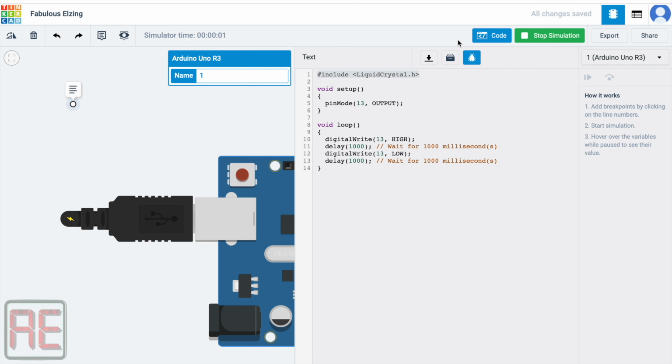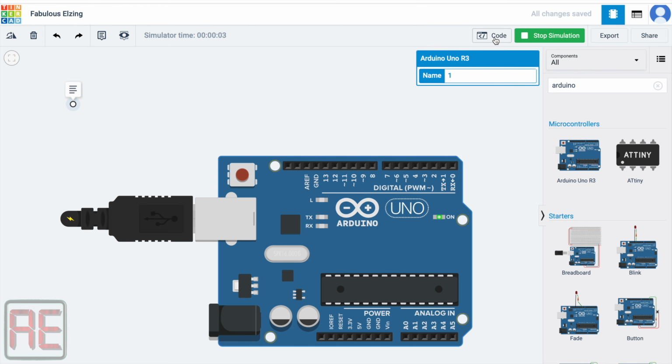Let me just close the code window by clicking here. And as you can see on the board, there is an LED blinking because it was the purpose of the code. I'm going to talk more about the Arduino programming in the next videos. And that is it in terms of the interface. In the next videos, I'm going to show you step by step how to build different projects with Arduino, showing not only how to program it properly, but also explaining the details of each component we're going to use.